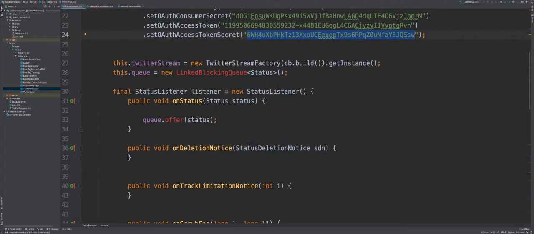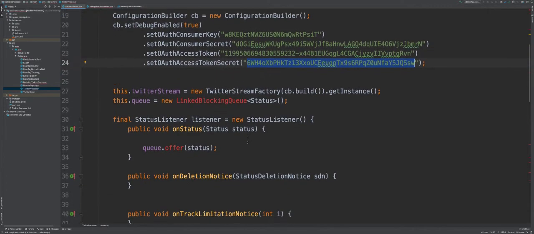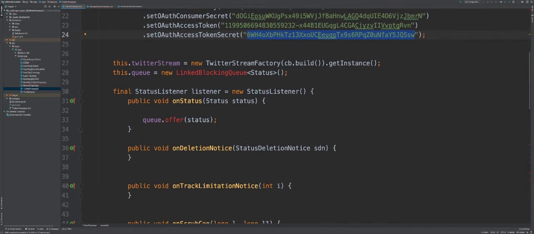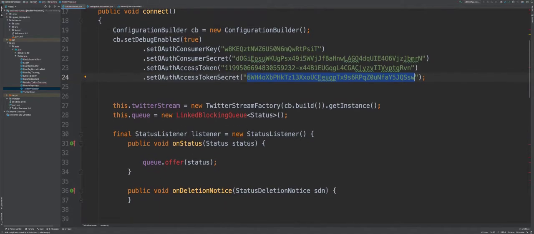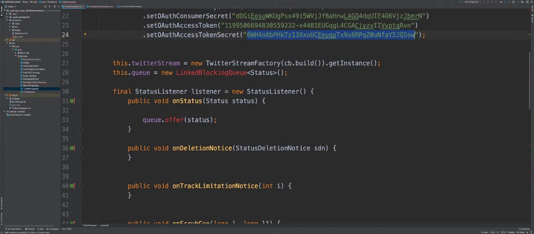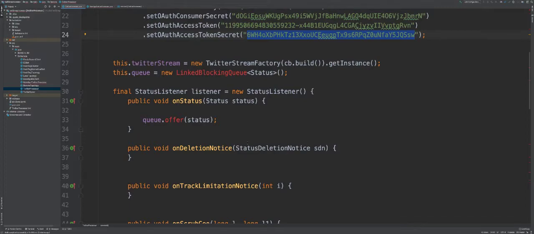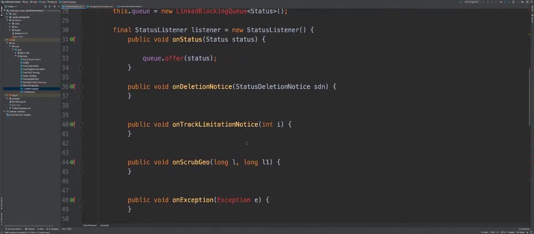Then I'm going to register a status listener object, and I'm only going to implement the onStatus method. So this is basically kind of an event. Once I connect to this Twitter Stream Factory, every time an event happens, this event is going to get triggered, and this callback is going to get called, right? So inside this callback, we will receive the new status object as if somebody has posted it. And then whenever I get a status object, I just want to put it in this queue. That's all I am doing. I'm not implementing any other method.